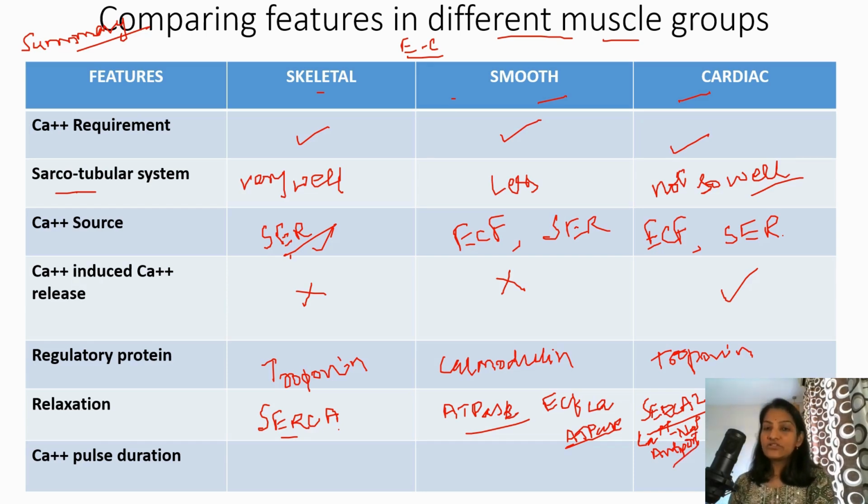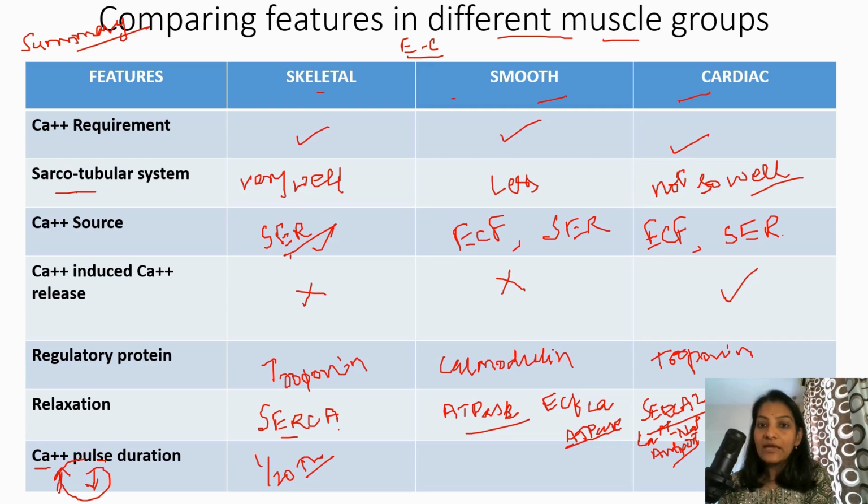The duration of the calcium pulse. What does the calcium pulse mean? Calcium pulse is the rise in the calcium ion concentration as the action potential reaches, and during relaxation it is again coming back to the relaxed state. So the duration of this whole cycle of the calcium ion is very short in case of skeletal muscle, around 1/20th of a second. For that duration, the calcium will be remaining in the cytoplasm,